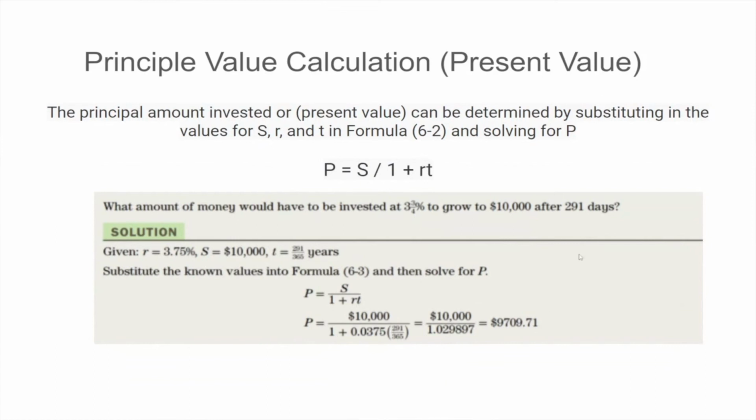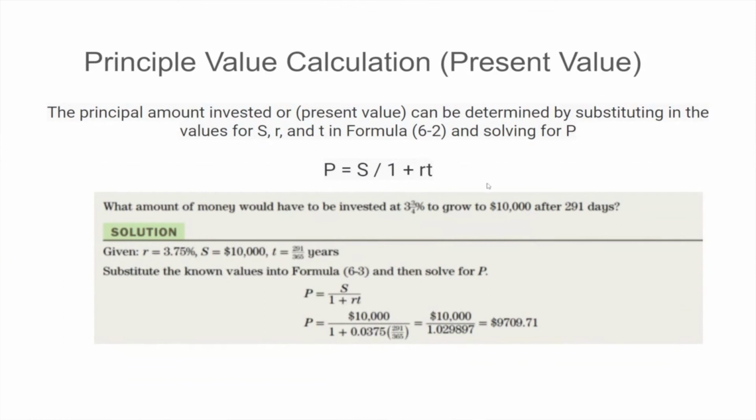$9,709.71. So effectively, this is the present value. You'll notice that the present value is always a smaller number than the future value because as time rolls along, you need more money to buy the same value. So the higher number will always fall in the future. What we're saying is if we took $9,709.71 now and sat it in the bank at 3.75% for 291 days, at the end of the 291 days, it would be worth $10,000. So that's the simple